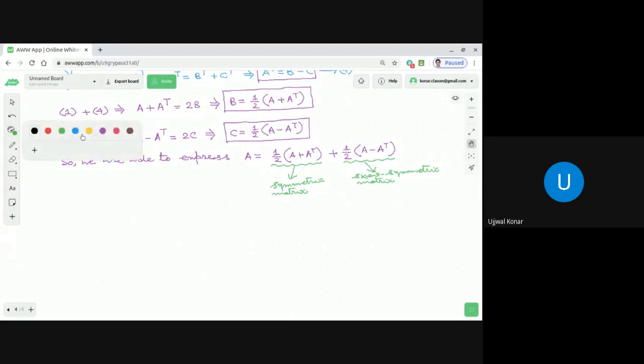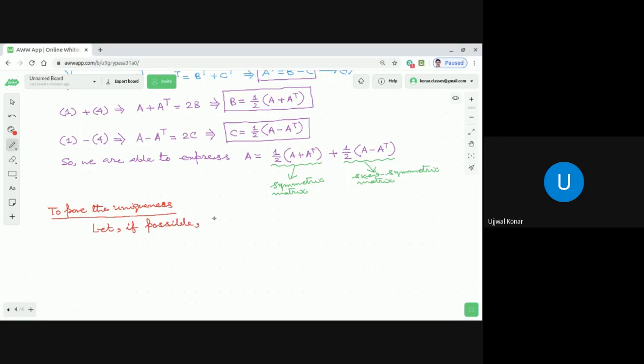Let me use a different color, dear students. If possible, to prove the uniqueness, this we are going to establish. Let, if possible, we be able to express A is equal to P plus Q,